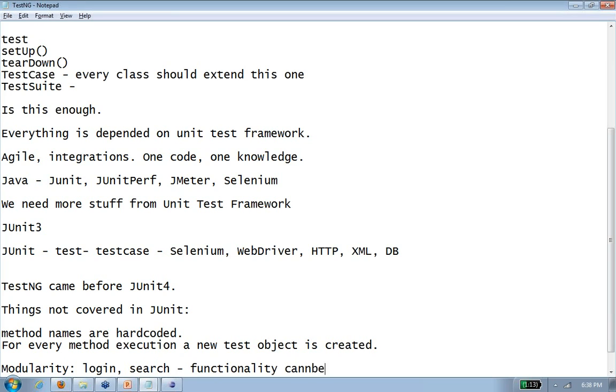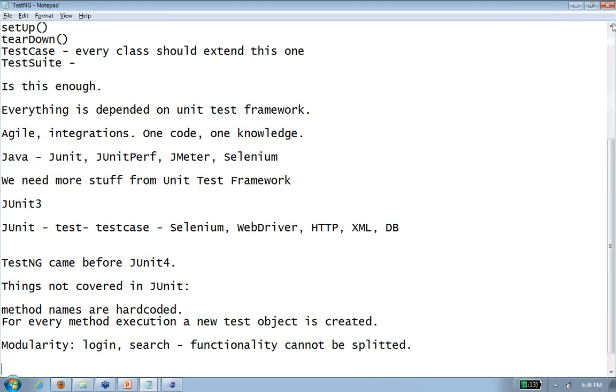Cannot be split. Okay, so this is a bad design. I don't say this is a bad design, but JUnit is designed this way for some particular reason, actually not for us developers. For testers this is not helpful, because we want modularity in our test cases. Agree? We want modularity when we are creating test frameworks. Remember, I always say that in test frameworks, modularity is one of the key things. Okay. Next thing,